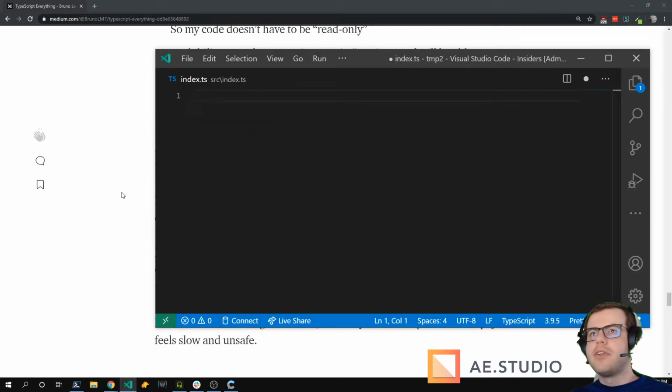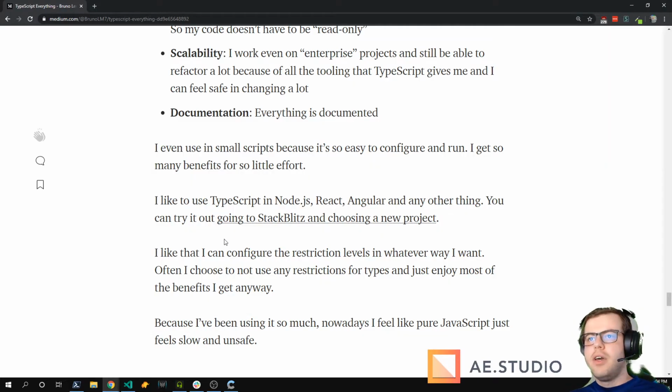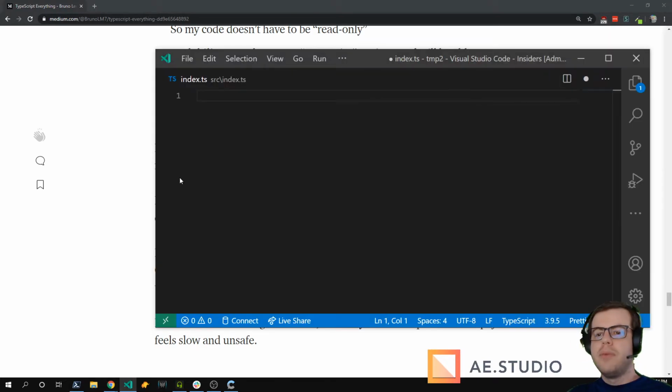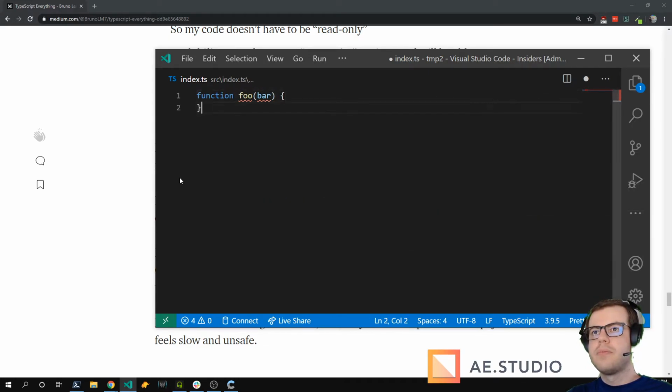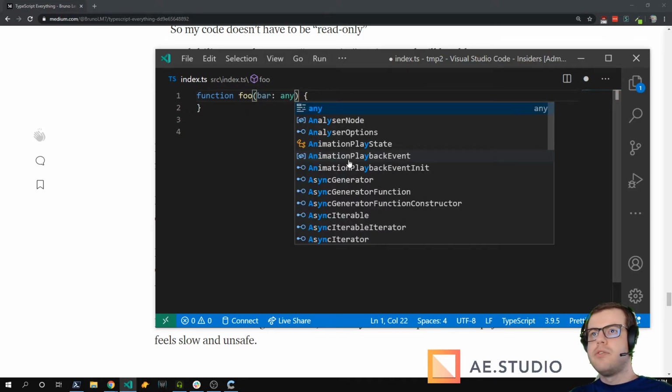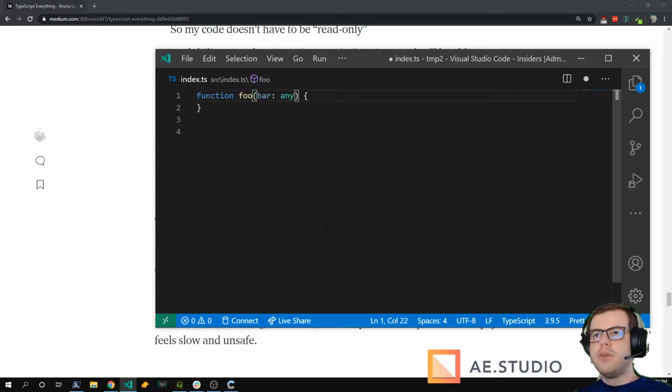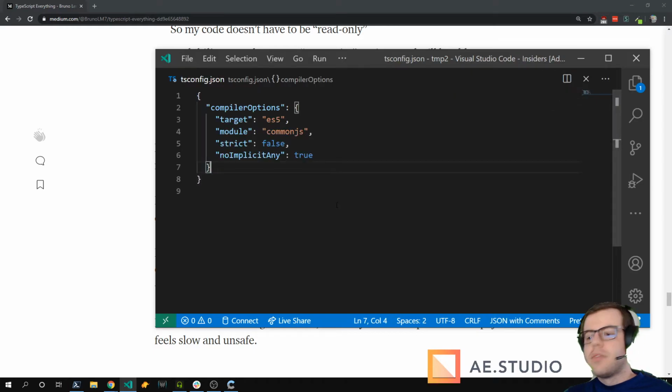I don't know how to create an example right now, but it doesn't allow you to use. Oh, maybe I know. Yeah, no implicit any means that when I don't add types, it forces me to add a type. It doesn't allow me to do any unless I do it explicitly, not implicit. You asked about strict no checks.